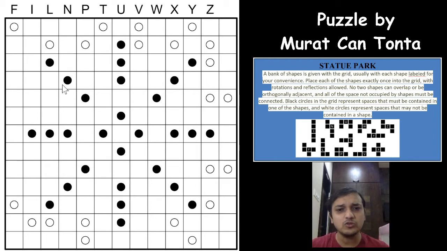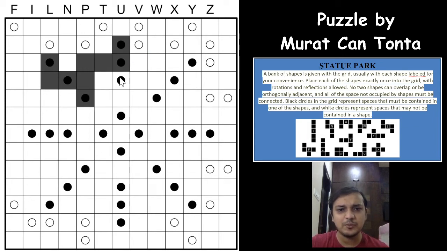No two pentominos can touch each other orthogonally. So for example, if I have a pentomino this way, a Z pentomino, then you cannot have a pentomino, for example, a T pentomino here, because they are touching each other. It can touch diagonally, but not orthogonally, right?